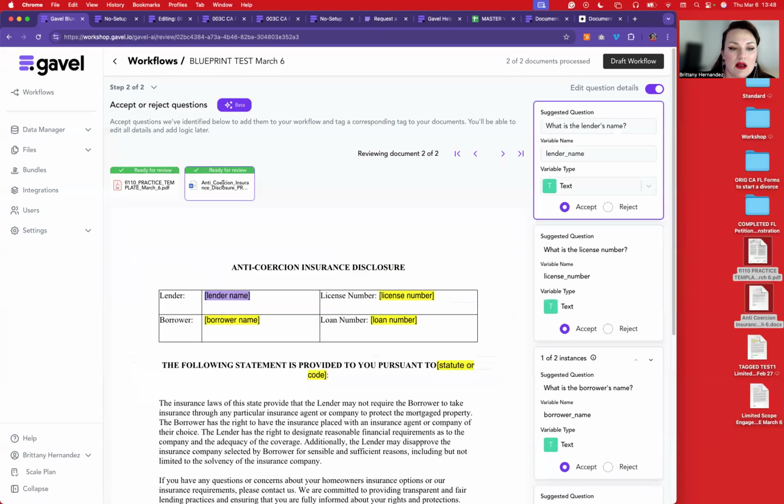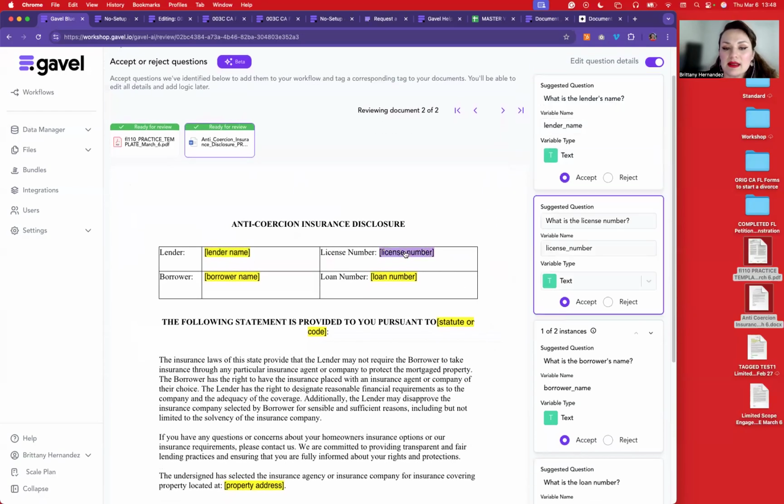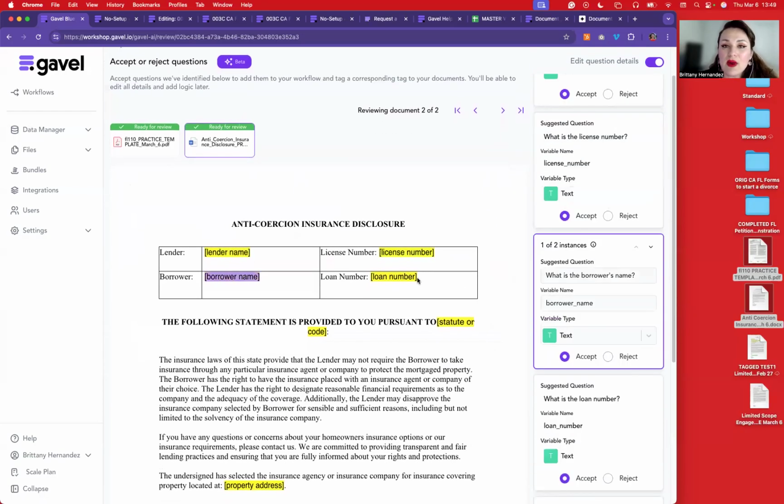So you see how we can toggle back. For this one, these are pretty good. These are pretty much all that I want for these. We have lender name, license number, borrower name, and it's recognizing that borrower name shows up multiple times in